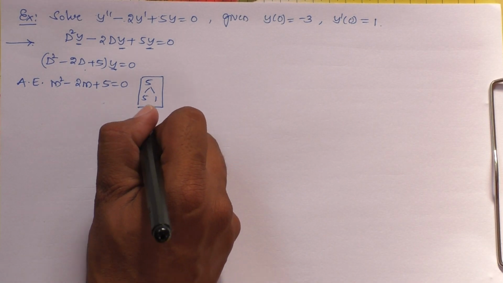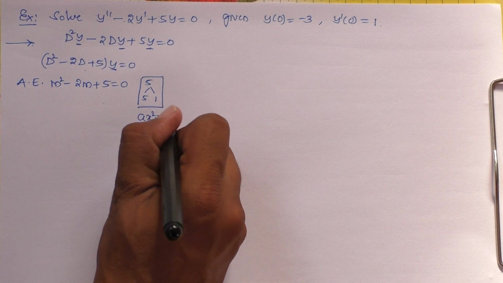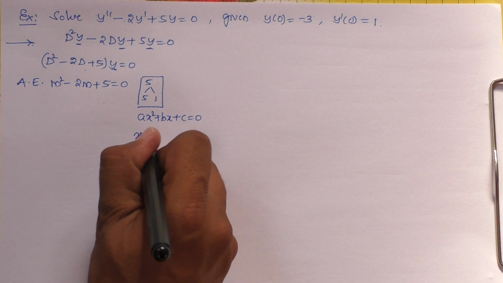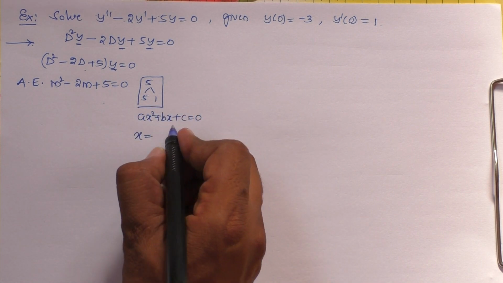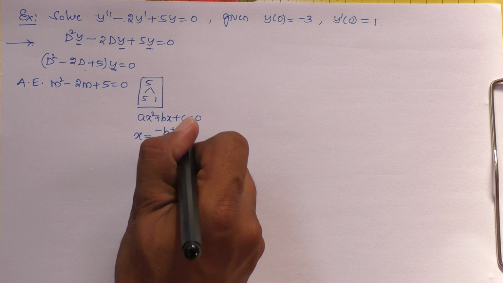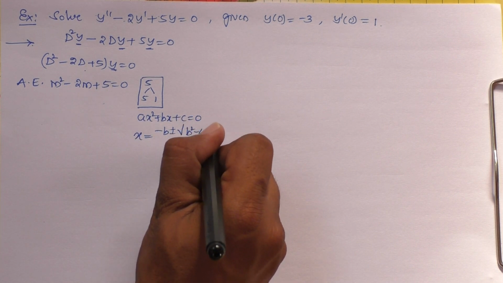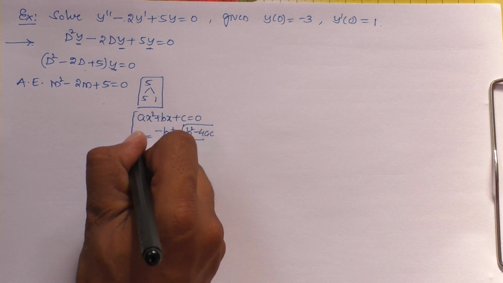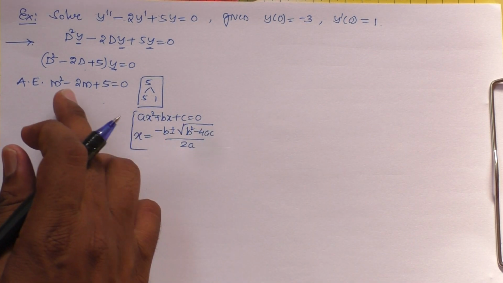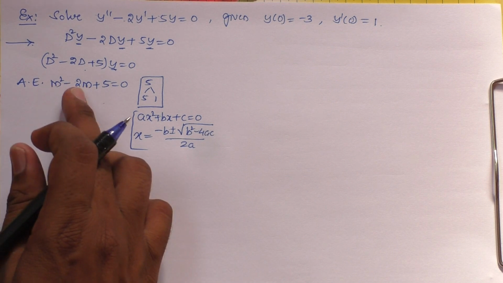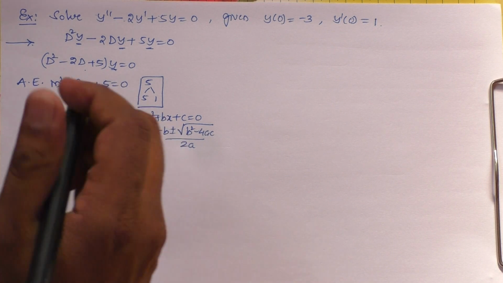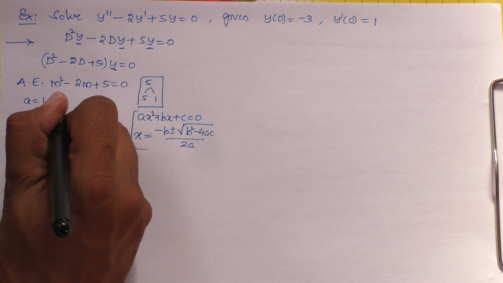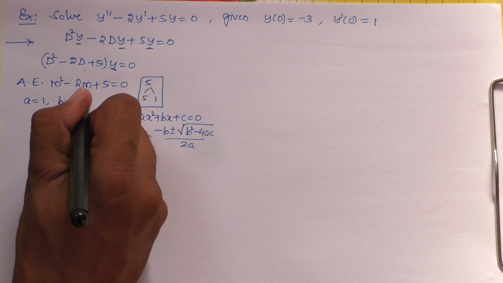So we know this quadratic formula: whenever ax² + bx + c = 0 is a quadratic equation, then the solution root x = (-b ± √(b² - 4ac)) / 2a. So here what we need to do is identify a, b, c for this quadratic equation and substitute in the formula. The m² coefficient a is 1, the m coefficient b is -2,